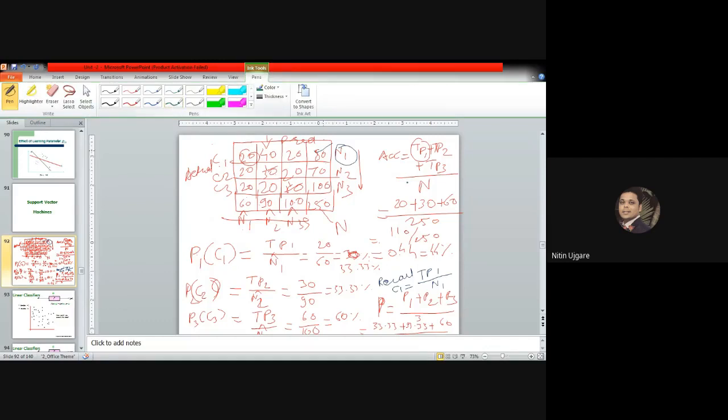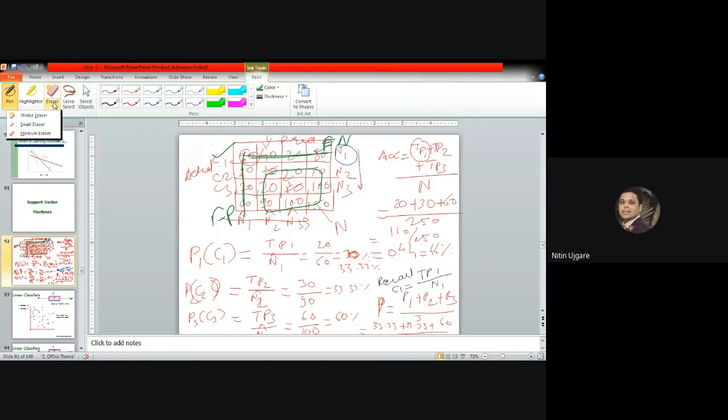then this value and this value will give me the false negative. The row total will give me the false negative, and the column total will give me the false positive for the class C1. And the rest of the entries in this matrix will be my true negative. Remember, these are the true negative.